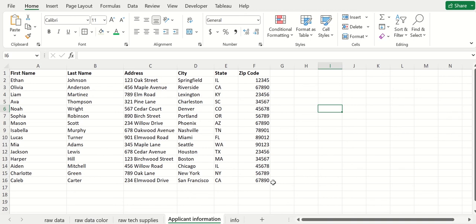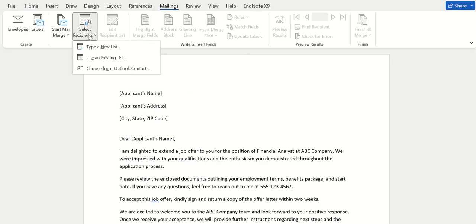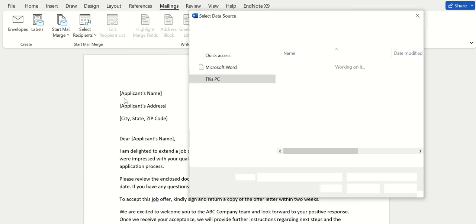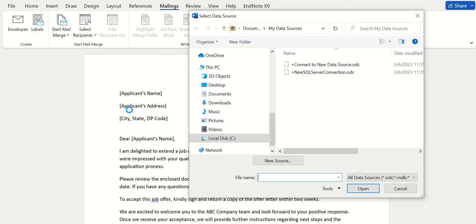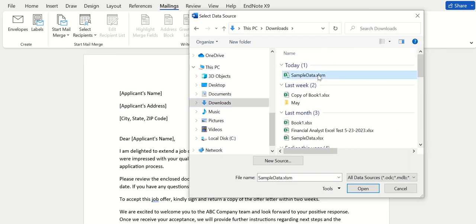So the first thing you want to do is go over to the Word document, and then at the top, go to Mailings, and then click on Select Recipients. Keep in mind that depending on your version of Excel, this Mailings tab at the top might be called something else. Now, while you're in Select Recipients, click on Use an Existing List. It's going to give you this pop-up box that'll allow you to locate where that spreadsheet is on your computer with all the names. Mine is in my downloads, so I'm going to go there and find my Excel file